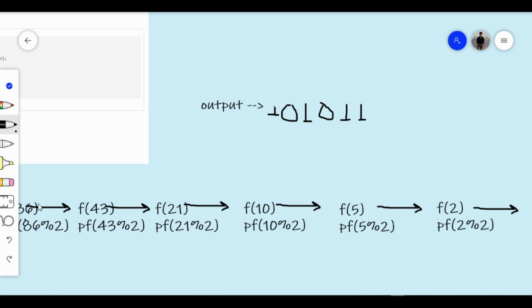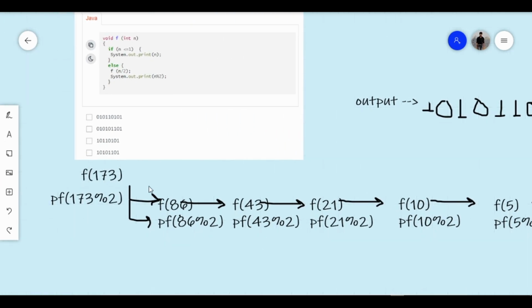Again we will come back here. This call is over. So we will do 86 mod 2. This will become 0. So here 0 will be printed. Okay. Now this call is over. We will come back here, and here 173 mod 2.